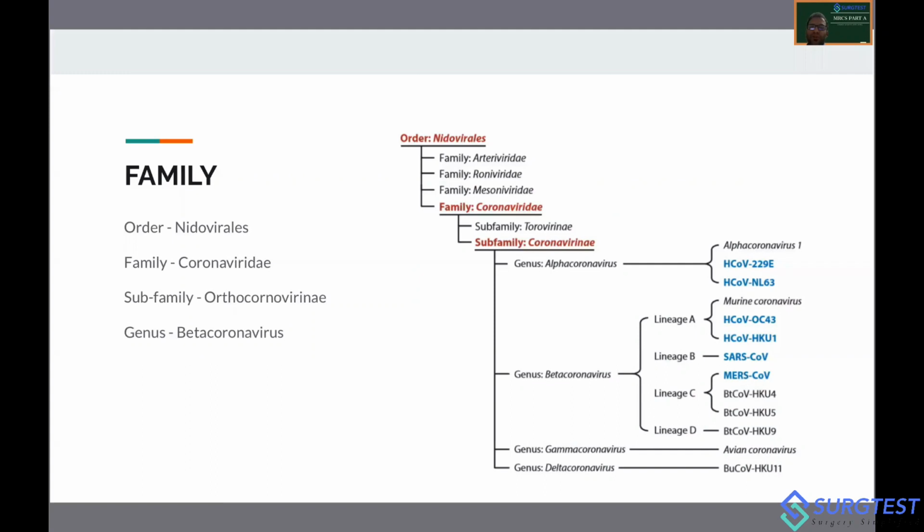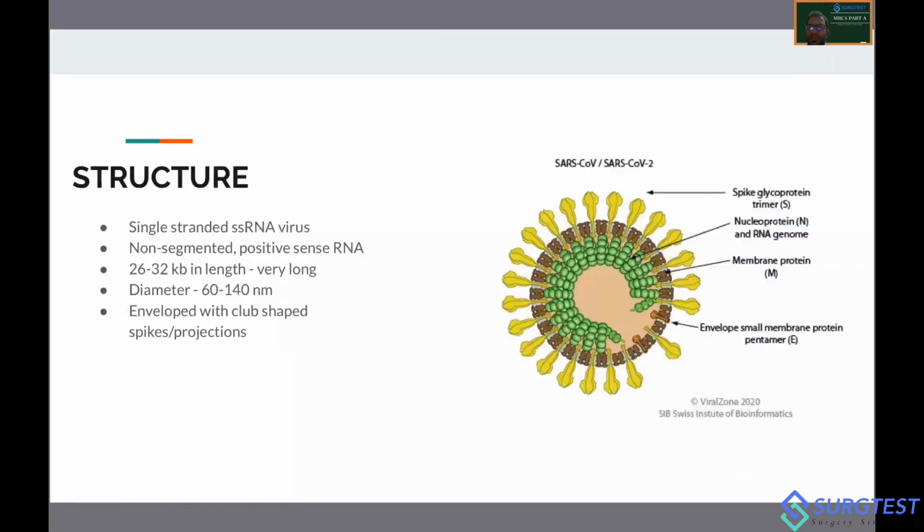So the virus belongs to the order Nidovirales. The family is Coronaviridae, subfamily is Orthocoronavirinae, and genus is Betacoronavirus. This thing you will have to remember purely for the sake of your examinations, nothing significant from the surgical point of view. So the coronavirus is a single-stranded RNA virus, what we call an ssRNA virus. It is non-segmented and it is positive sense. Among this group, among the Coronavirinae family, it is one of the longest viruses. It is about 26 to 32 kilobase pairs in length. It is enveloped with club-shaped